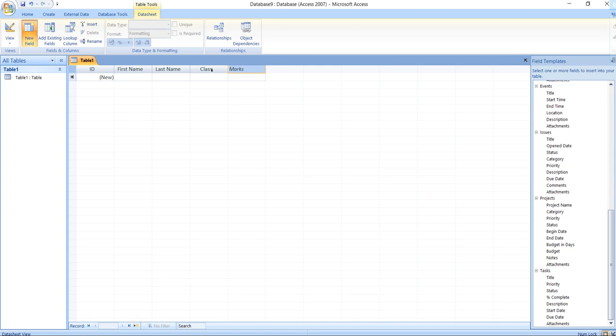These are marks I want to enter for the student. Instead of marks, I'll go for the first name, last name, class, then address. Then suppose I want age. I'm pressing the tab key all the time to move to the next field. Suppose I take age, class and address. That's as much as I'll take.